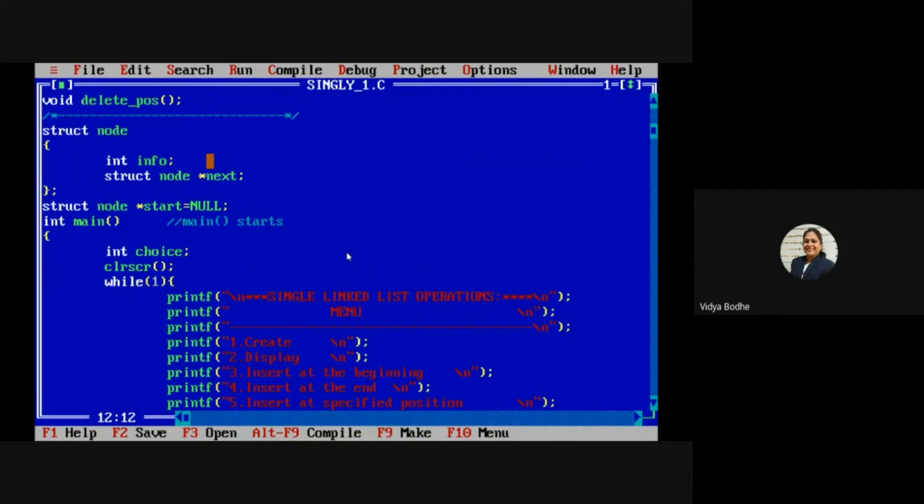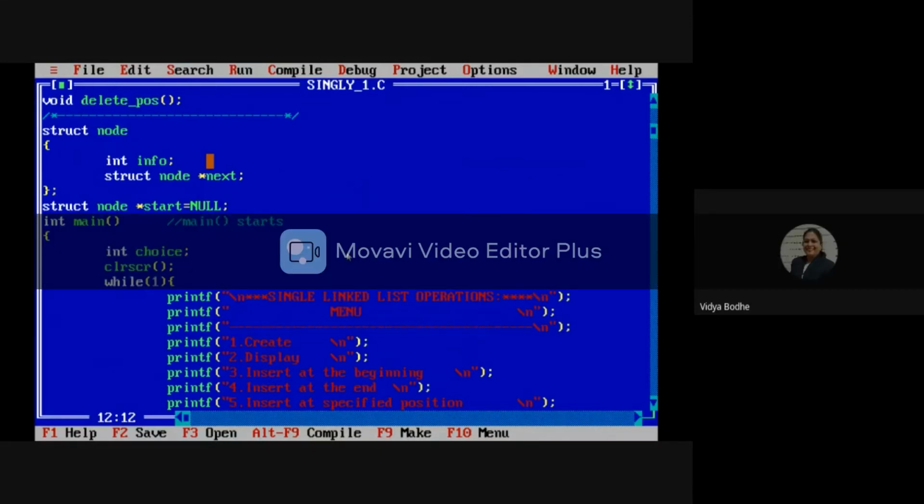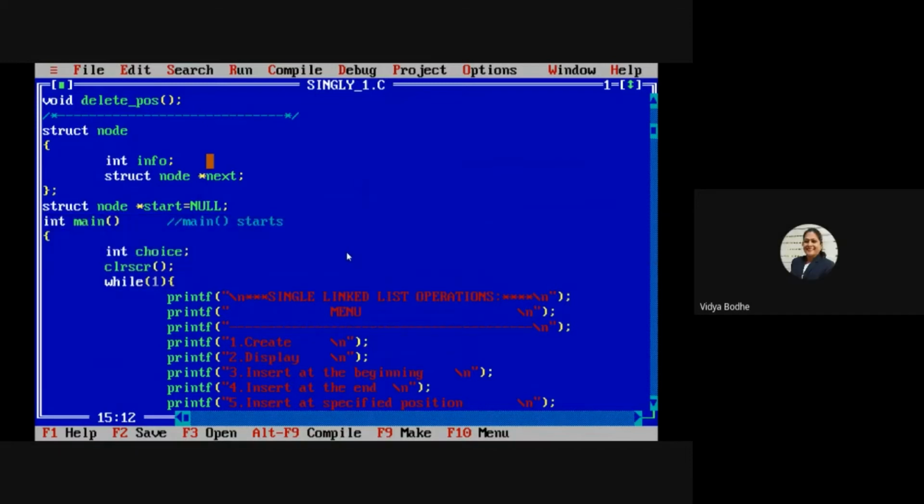Struct node is used for defining the node. Node contains integer part, that is data part, and one pointer part. Integer part contains information of the node and pointer part contains the link to the next node.